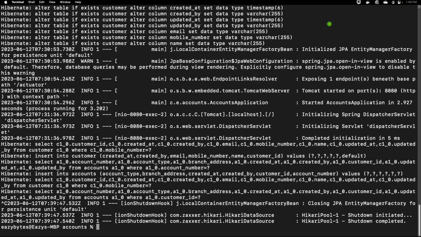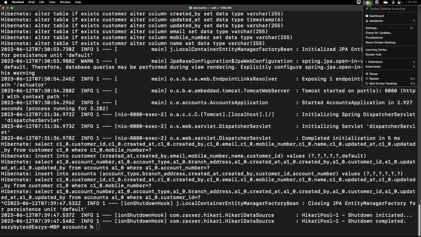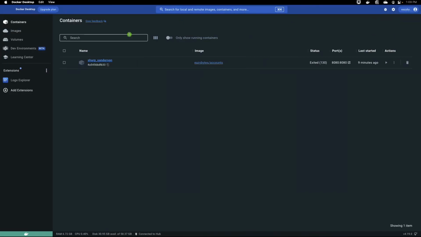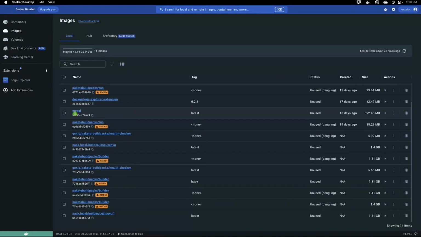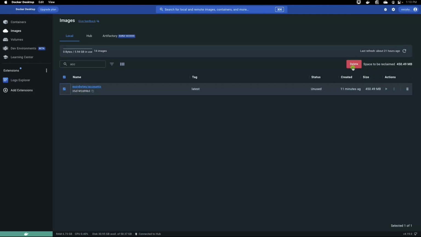This will stop my running container. I will also delete my Docker image, which got generated with the help of Dockerfile. Before that, let me delete my stopped container from my Docker server, and post that I'm going to look for my Docker image with the name accounts, and this is the Docker image that we generated with the help of